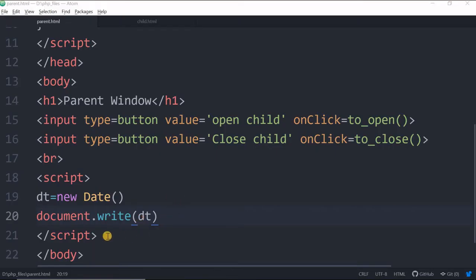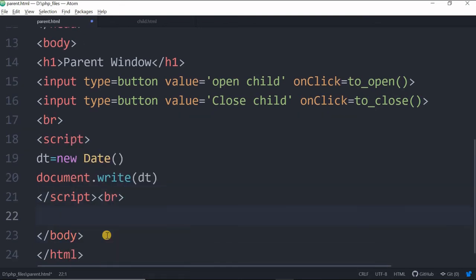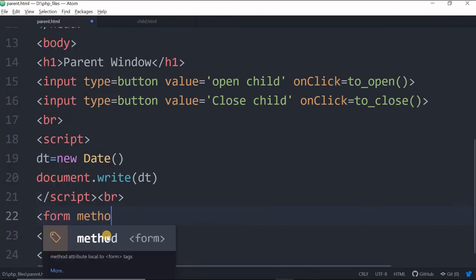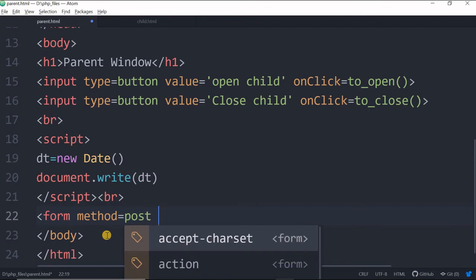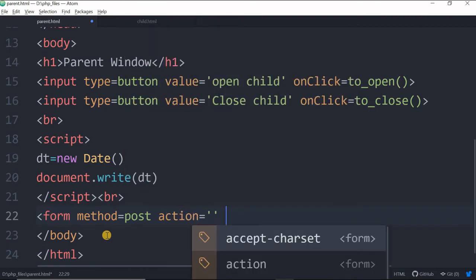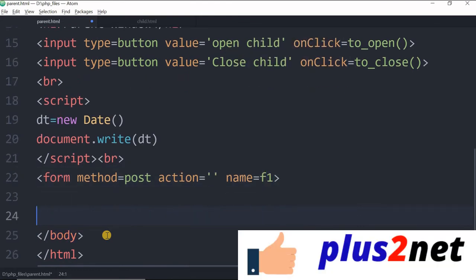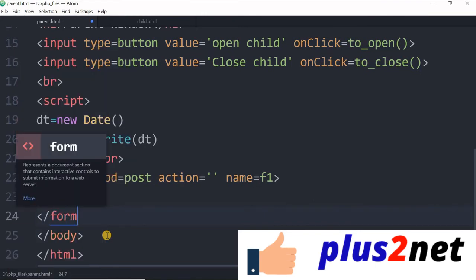Now we'll learn how we'll pass data from a child window to parent window. So let's write a form here, in our parent window. The form method is post, and the action is the same page we are submitting. We'll give the name F1 because this will be used to access the element. Let me close this form first.